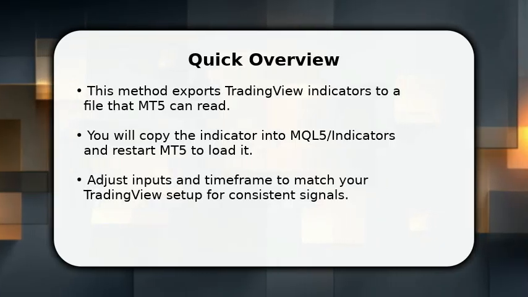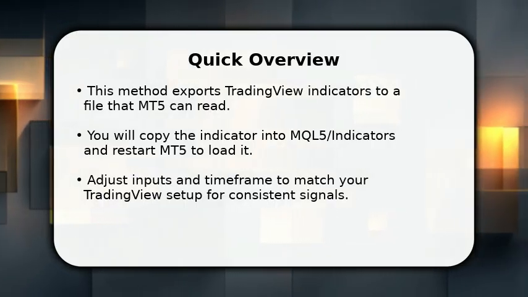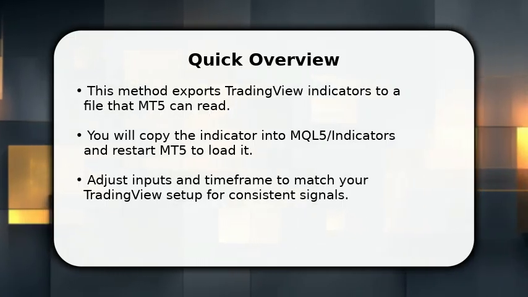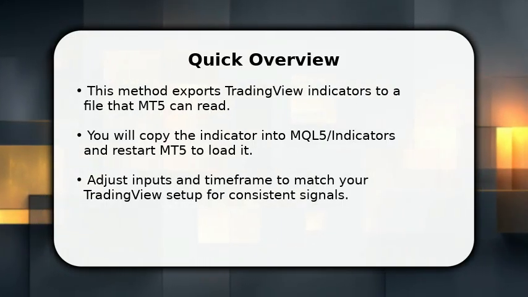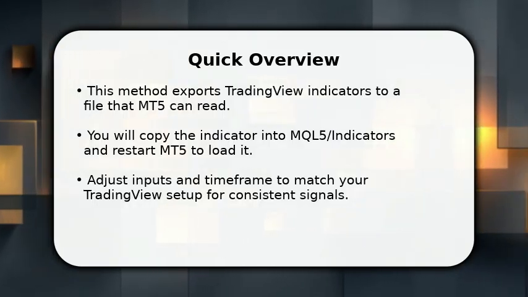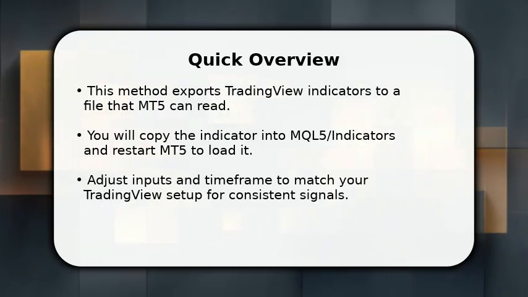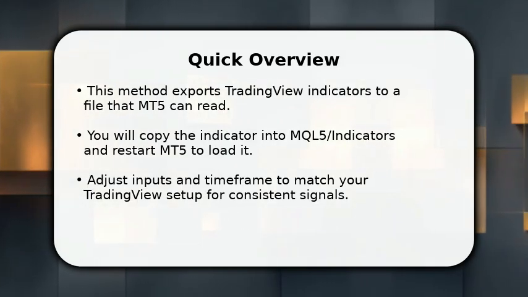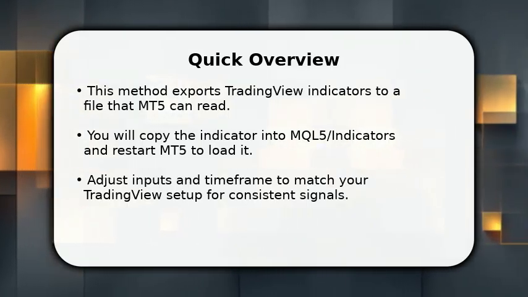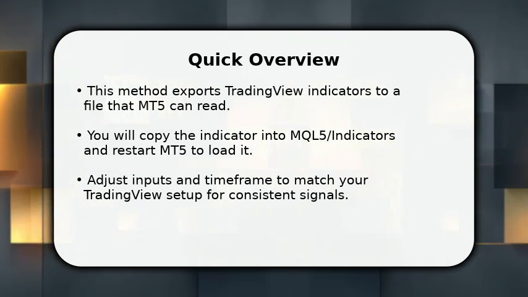In this video, I will explain how to add TradingView indicator in MT5, easy method. Start by exporting or saving the indicator code from TradingView, then prepare MT5 by opening File and the Data folder. Next, place the indicator file into MQL5/indicators. Restart MT5 and locate it in the navigator. Finally, drag the indicator onto a chart, tweak inputs and time frame, and confirm it plots identical signals to your